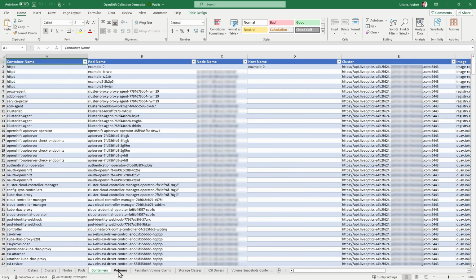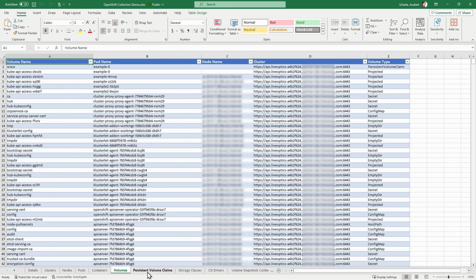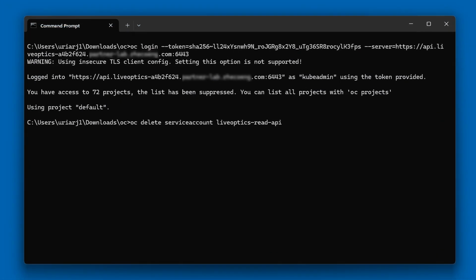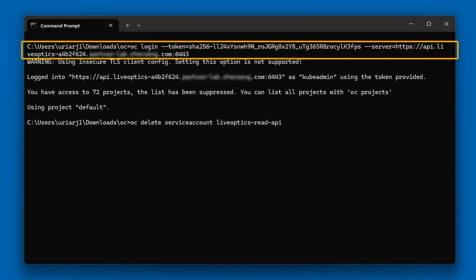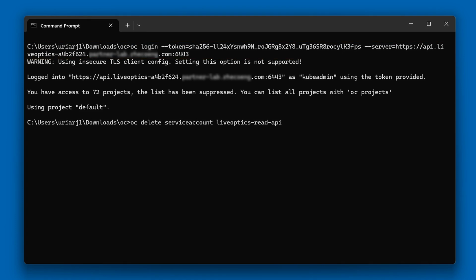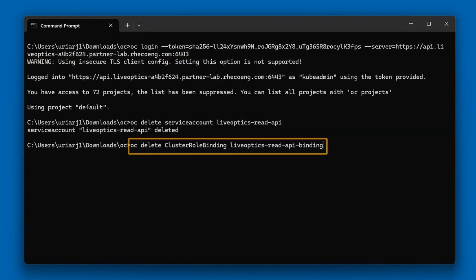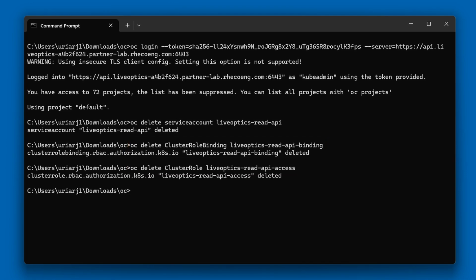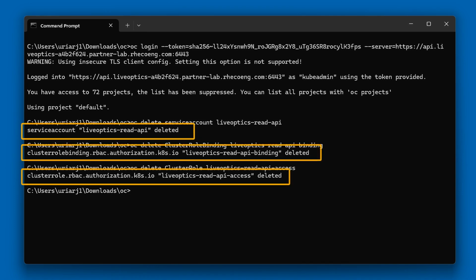Once you're done with the data collection, we highly recommend to remove the service account that we created. We can do this by opening a command line interface again, logging in to the OpenShift platform, and issuing the following commands. This first command deletes the service account. The next command deletes the cluster role binding. And the last command deletes the cluster role. It is necessary to delete these items after each collection, since these credentials will expire after 24 hours, and you will need to recreate them for